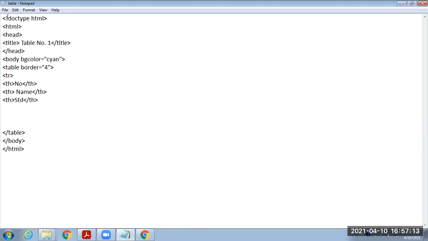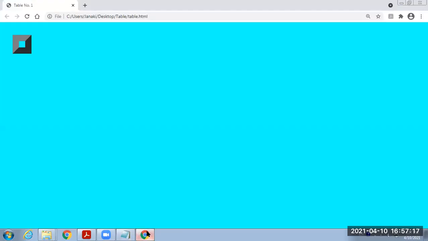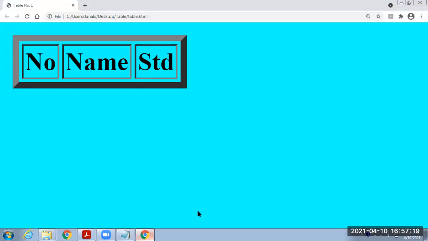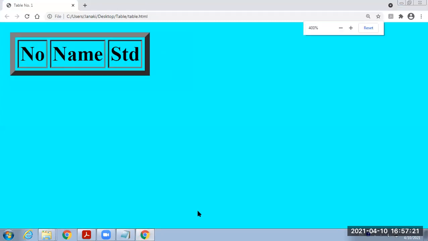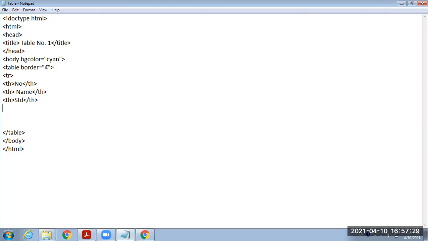Now store this file and just see the output. You can see number, name, and standard. These 3 columns are generated. Now this border 4 is much too thick. We just reduce it, and after that we have to end the current row.